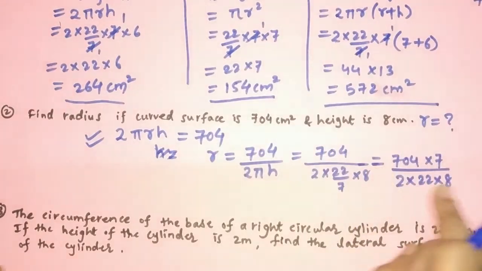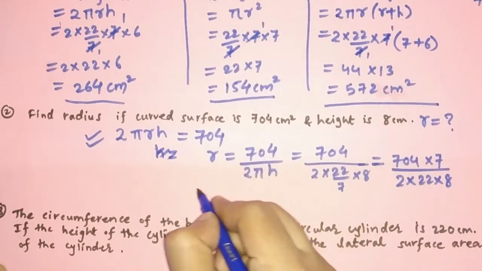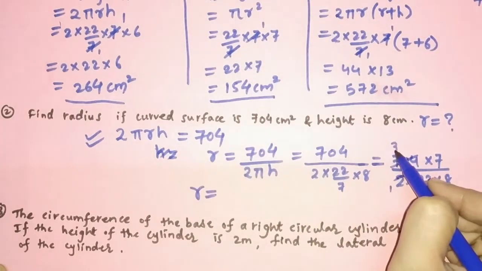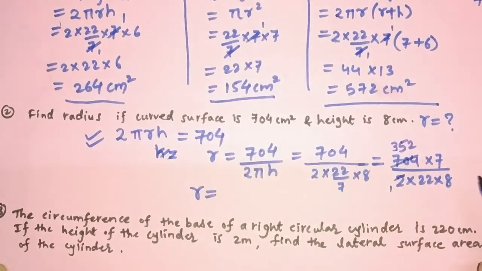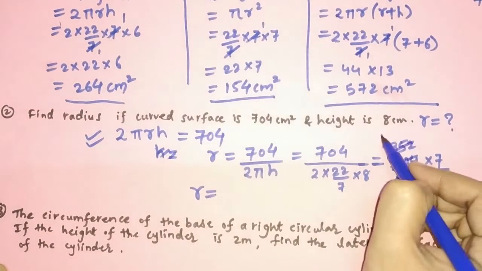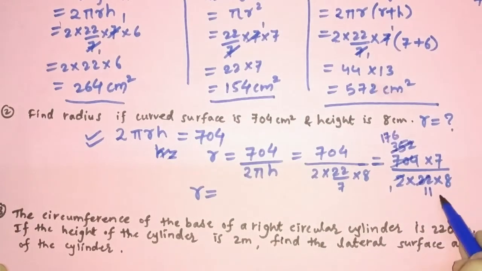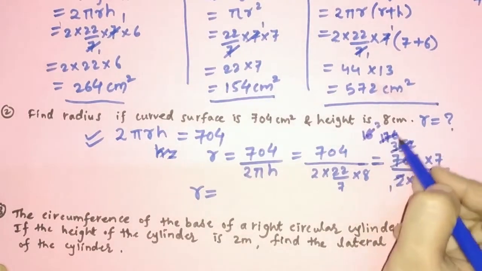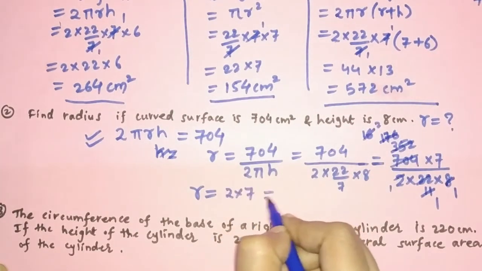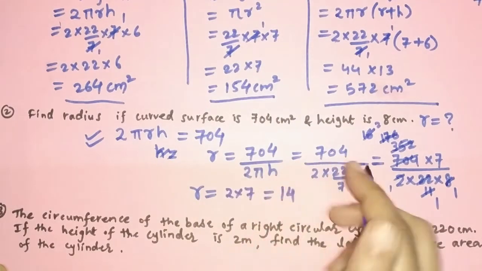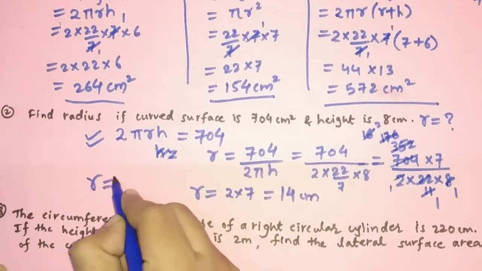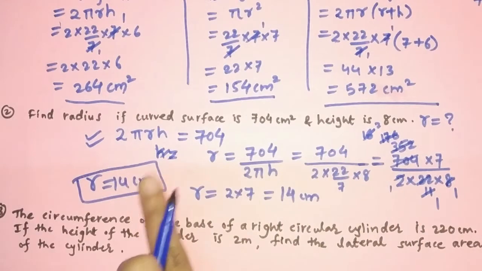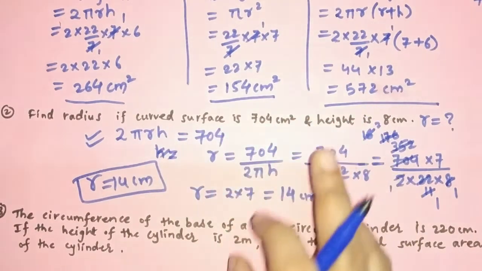If you solve all these things, we are going to get radius. So here I'll solve it. 2 ones are 2, 2 3s are 6, again 2 5s are 10, again 2 2s are 4. You can again go 2 1s are 2, 2 1s are 2. So now friends, 11 1s are 11, 11 6s are 66. Now 8 1s are 8, 8 2s are 16. So finally 2 into 7 left. So 2 7s are 14 here. This 14 centimeter is radius. So you just have to do the calculations and you will get the radius by using curved surface area. We have put the values and we have found it.